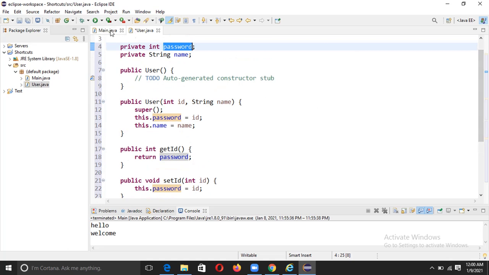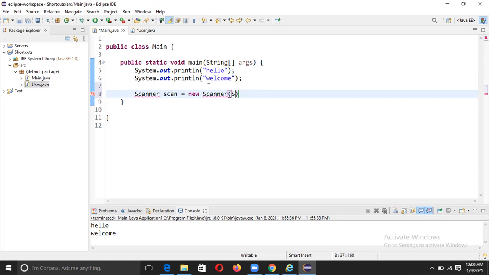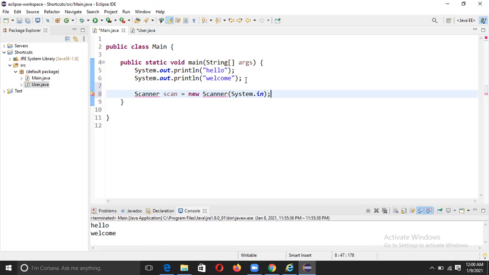And one more shortcut I have for you is that let's take one Scanner class. You can see we are seeing a little error here. It's because of the import statement. The import statement has not been added yet.